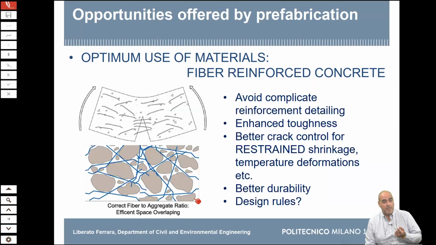Another important innovation that the precast concrete industry was able to bring, which started really from a precise need of the precast industry, was fiber reinforced concrete. I can tell you the Italian experience, but the same was also in the US. How did it go into the ACI 318 code, which is the structural design code? We will see some of the